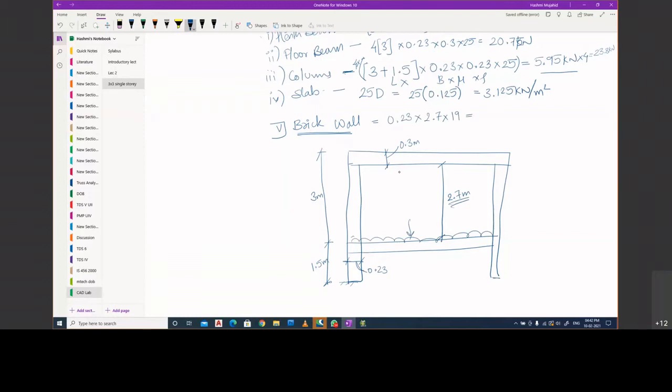So the answer is 0.23 into 2.7 into 19, which equals 11.8 kilonewton per meter. If I assume I'm running this all across the 4 parts, 3 meters each, then I'll have to consider 12 meters. 12 into 11.8. So what value will I get?